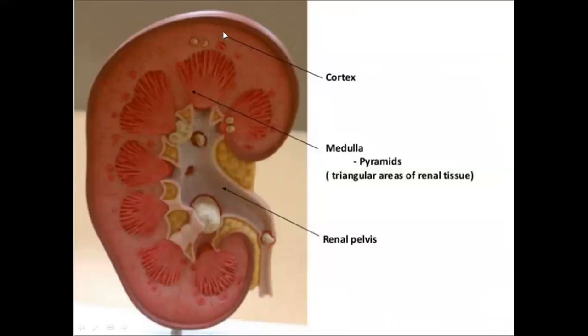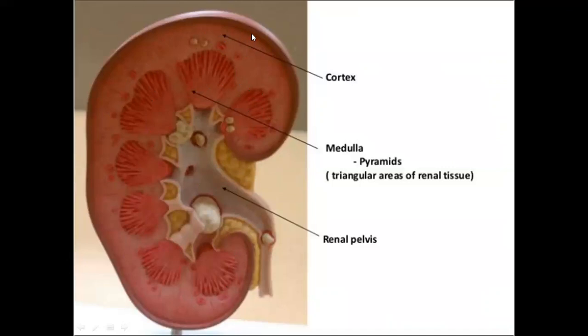Commonly there is a distinction between the cortex and the medulla, but there are some conditions in which this distinction is lost. The most common is hydronephrosis, in which the medullary region enlarges and the distinction between the cortex and the medulla is lost. The other conditions are such as any tumor which is involving this system.